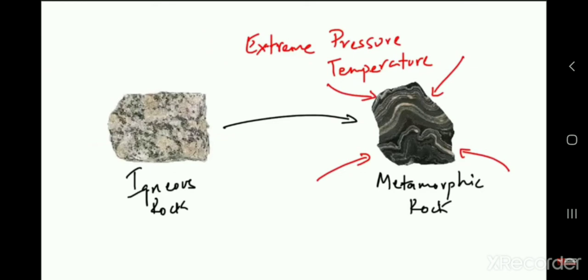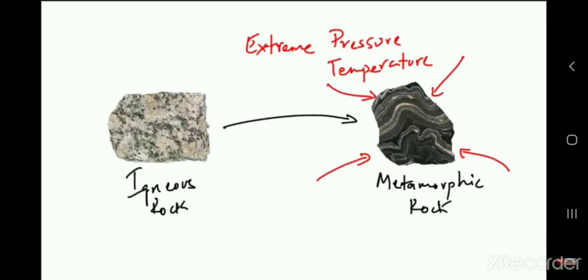This leads to a change in the nature as well as the chemical composition of the original rock. The crystals in the original rock get recrystallized. It means that whatever minerals were there, the chemical combination also changed at that time, and the crystals in the original rock also recrystallized. This means the rocks get metamorphosed. The rock formed through such a process is called metamorphic rock.